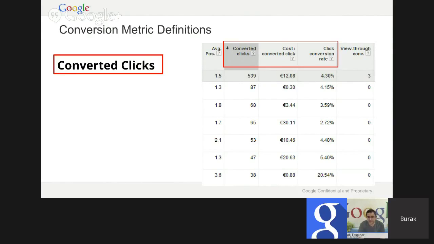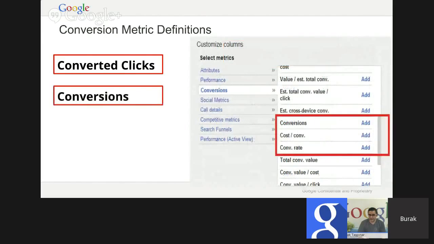In the lead generation business example, this business would be interested in the converted clicks because they want to see conversions, or the action, whatever conversion action they're using, from a unique user. On the other hand, if we have a business that's interested in all transactions from a unique user, then they should be looking at conversions. And they are not added by default, so you need to go to all of the accounts, and under the Customize Columns button, you need to select conversions and add conversions, cost divided by conversions, and conversion rate